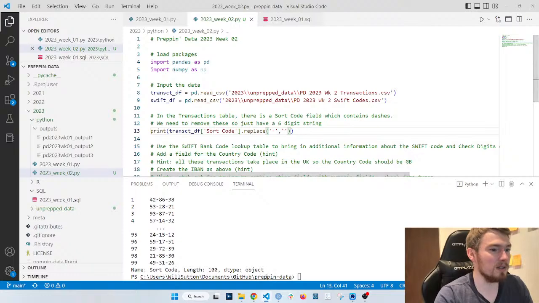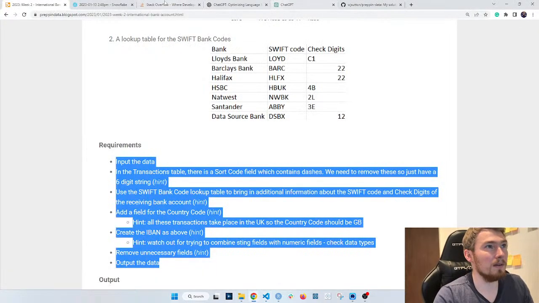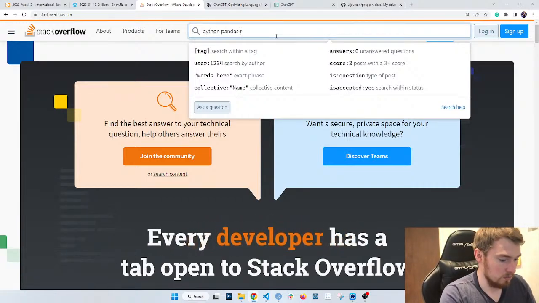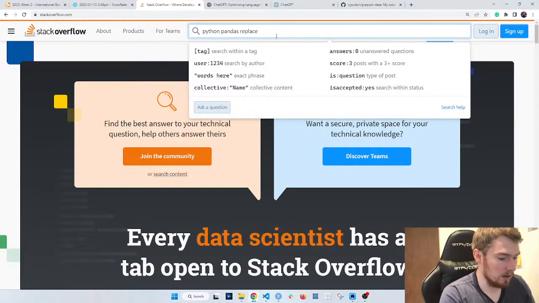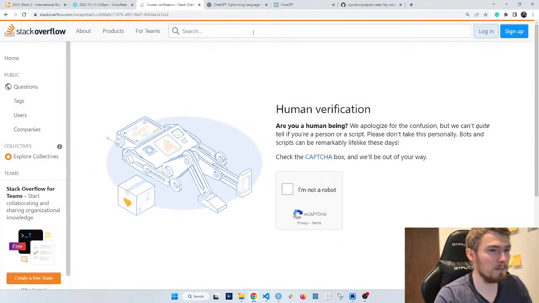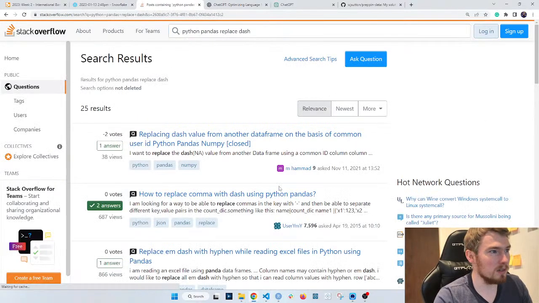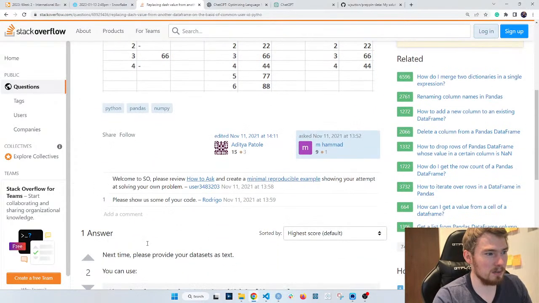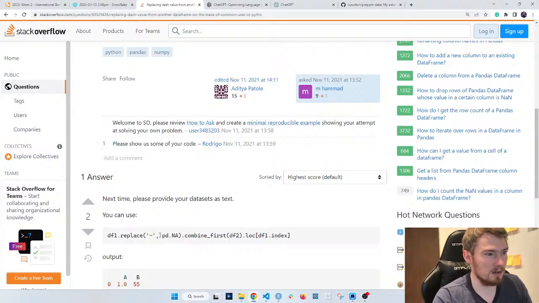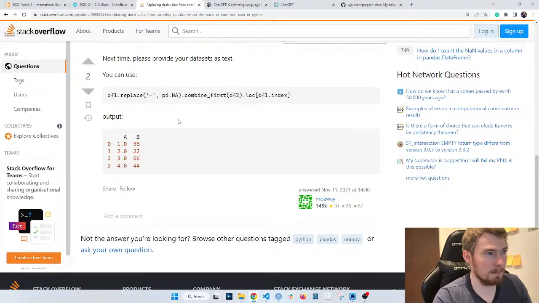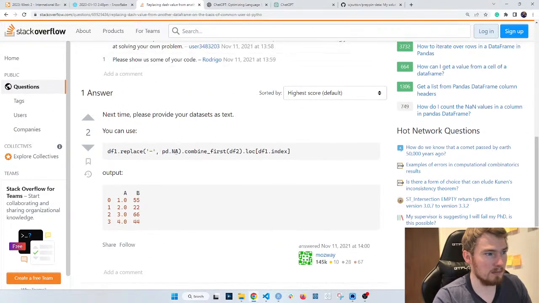I don't think so in this case. So I'll have a little look. Python pandas replace. Oh, it might be because it's a special character. Replacing dash, yeah. Sometimes they're considered a special character. Okay, doesn't seem to be the case there.